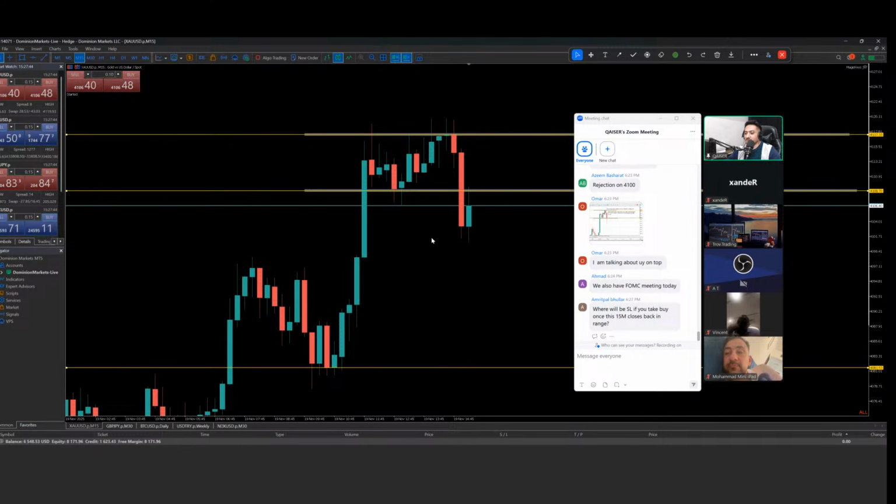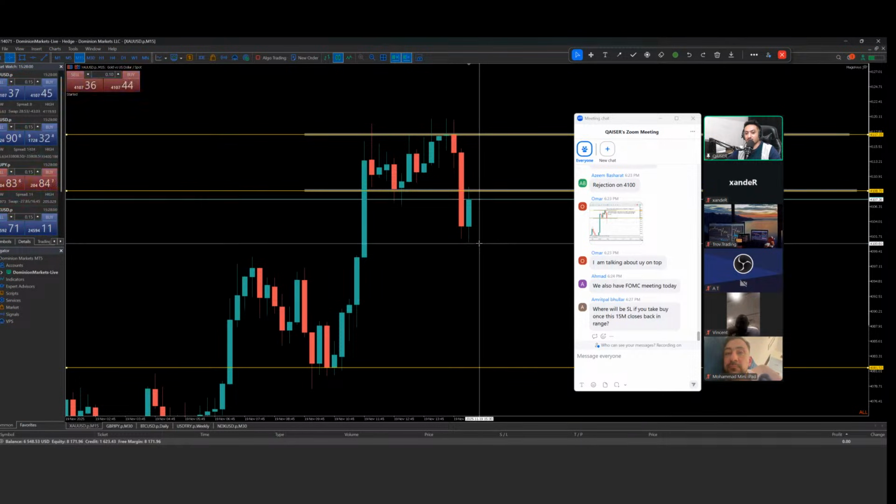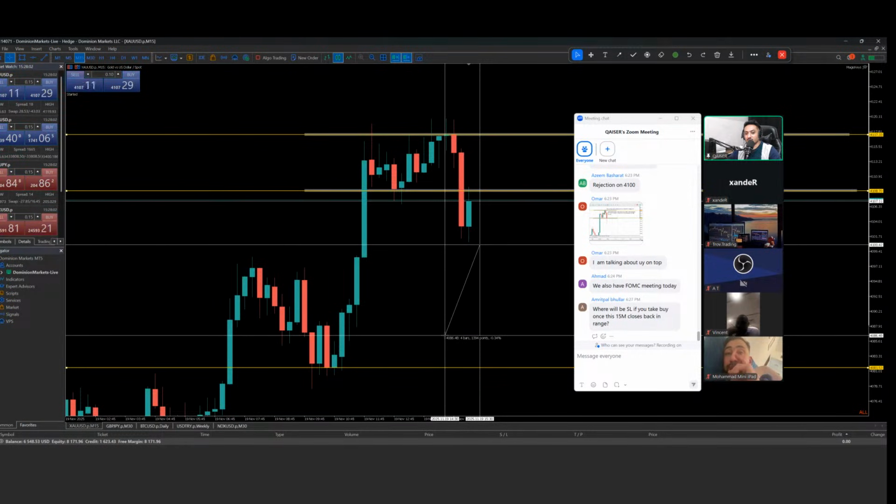Okay, if the 30-minute candle closes below the zone, is it a good sell opportunity for a wick fill with a wick of 40 plus pips? You have support on the 15-minute time frame. So if you want to take a sell, don't go for the wick fill. Wait for the candle to create a wick and break this low for the downside move.